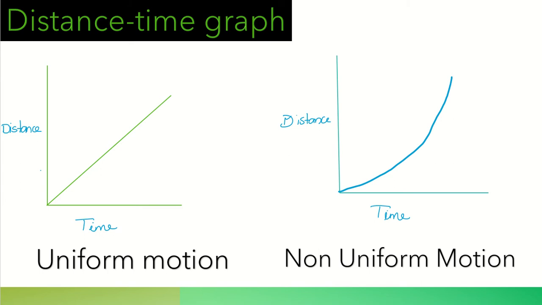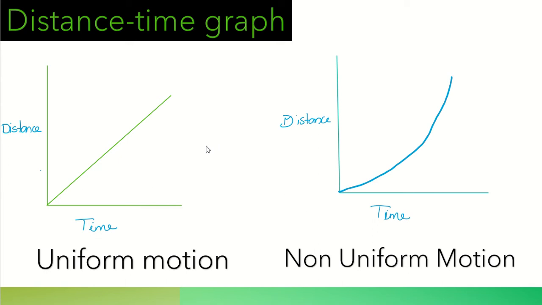On a graph, we take two quantities on the x and y axes and represent the relation between them in the form of a graph. First, let's see the distance-time graph. We have already understood what uniform motion and non-uniform motion are. Uniform motion means a body covers equal distances in equal intervals of time. If a body covers unequal distances in equal intervals of time, that represents non-uniform motion.